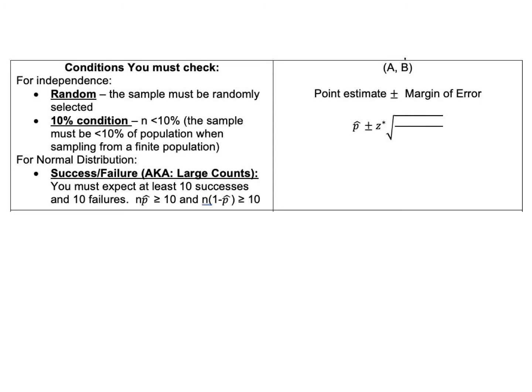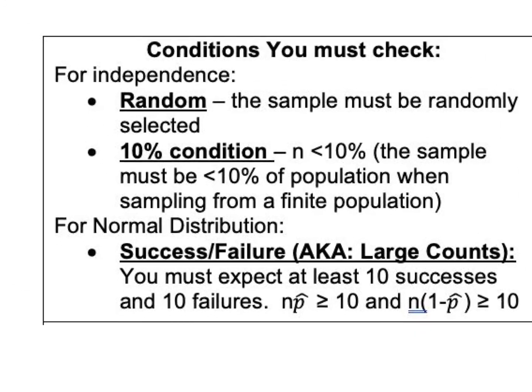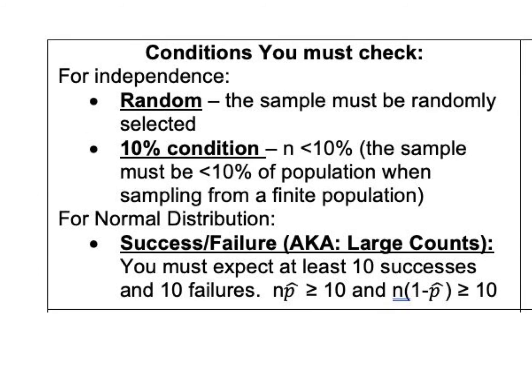Okay, in order to use our normal model for our estimation, there are some conditions we need to check. For this Intro to Stat course, I'm not requiring you to memorize these. You just need to be able to cite them in situations. So your sample has to be randomly selected, and this is so we can make generalizations back to our population. Our 10% condition: whatever sample you draw has to be less than 10% of the entire population when we're sampling from a finite population. Meaning if you only have, let's say, 1,000 people in your population, you can't take more than 10% of them